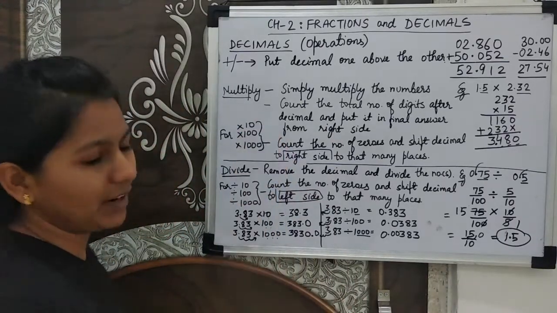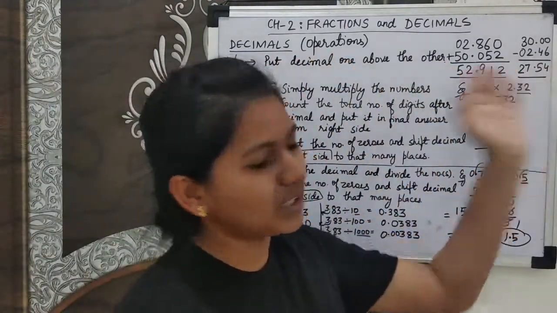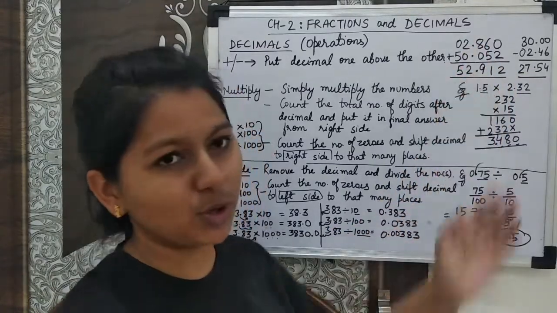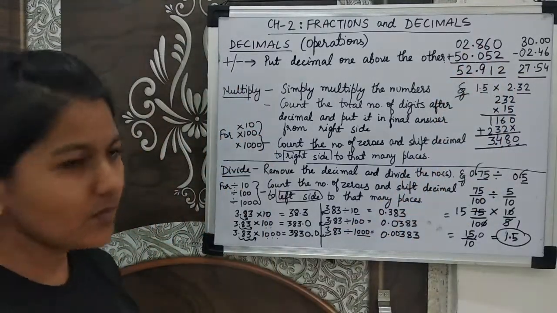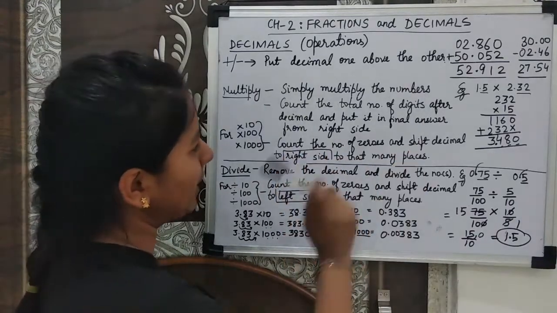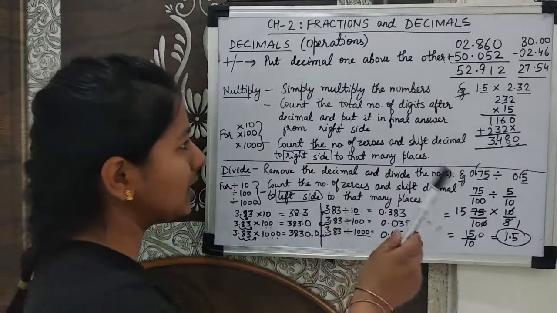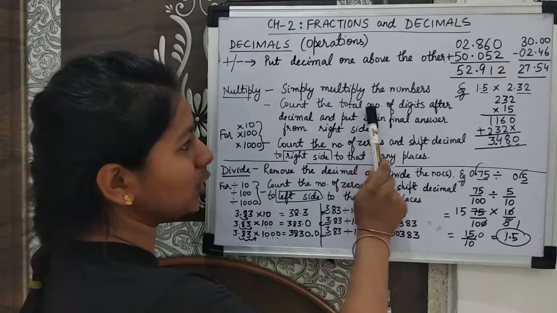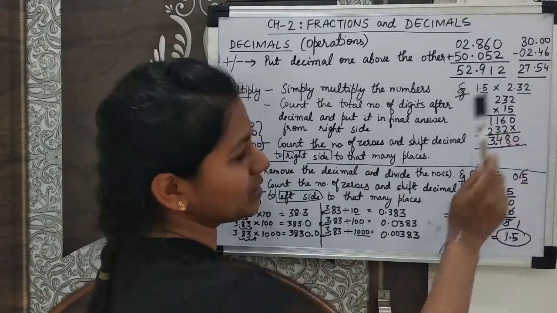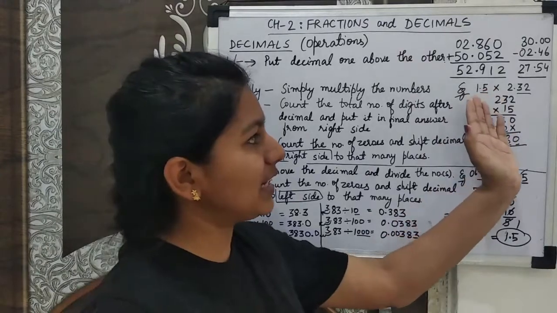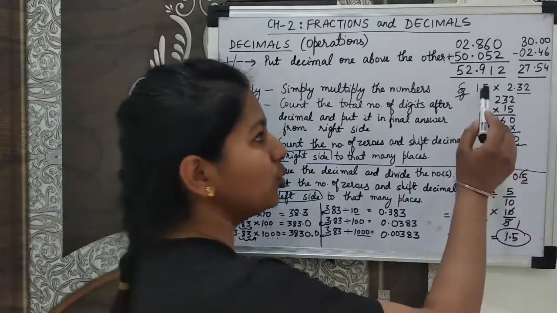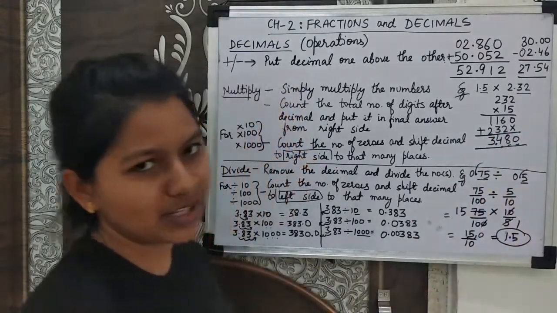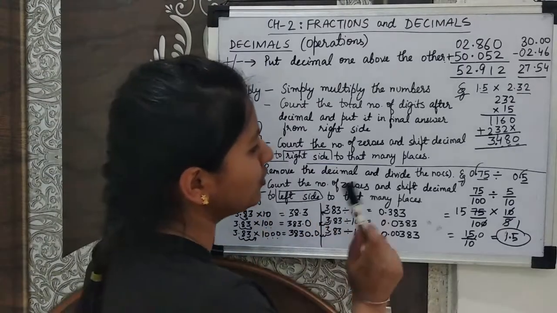Multiply and divide was new for you, plus and minus you people have done in class 6 also, which is based on only a single rule, that put decimal just below one another। In multiply also it's very simple, simply multiply the numbers without looking at the decimal, then in the final answer directly we have to put the decimal, that will depend on the total number of digits after decimal from the question। क्वेश्चन में चेक कर लीजिए कि डेसिमल के बाद पूरे कितने डिजिट्स हैं, जैसे यहाँ पे 1 2 3 डिजिट्स हैं तो आंसर में राइट साइड से 3 डिजिट के बाद डेसिमल लग गया। वैसे डिवाइड में हम क्या करते हैं, रिमूव द डेसिमल्स,